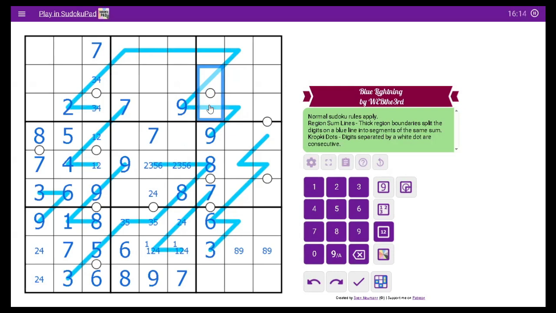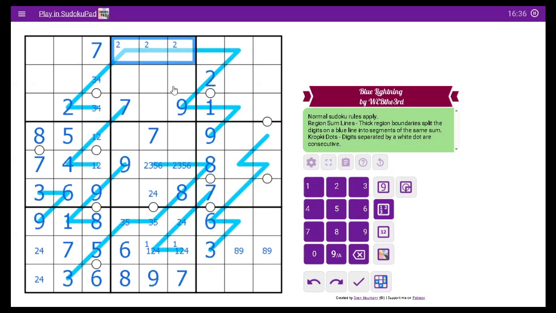The only digits that you can allow there are 1, 2, and 4. But remember, they have to be consecutive. So that forces this to be a 1 and a 2. And now we know the order due to Sudoku. So now we know that there is a 2 on this